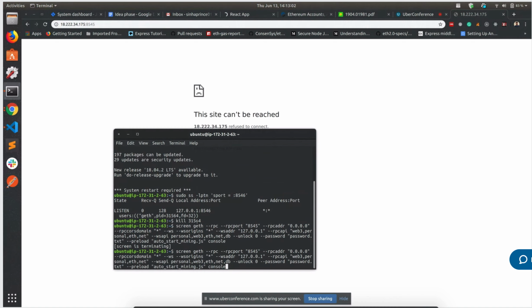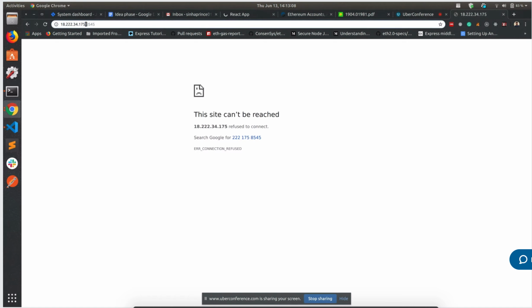So anyone can check for this IP with the 8545 port. So bots continuously check, running a cron job like thing, and they check for the open RPC port of any